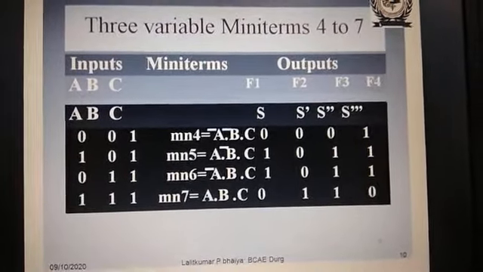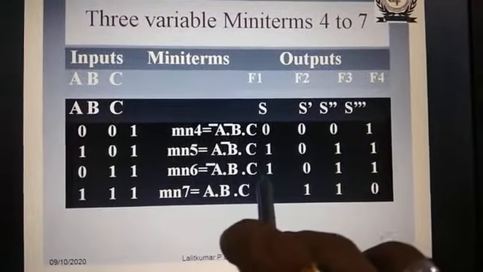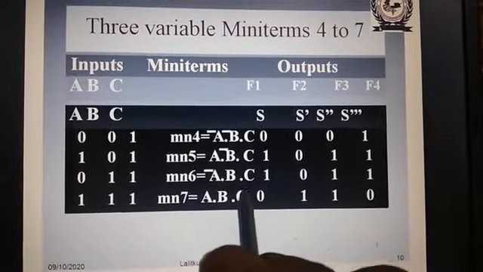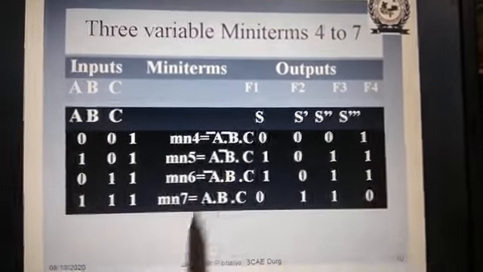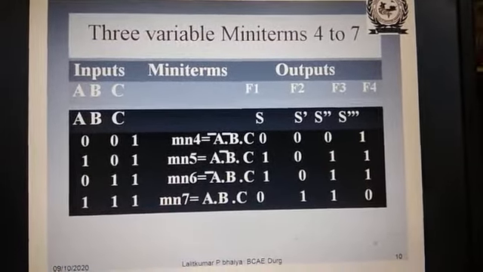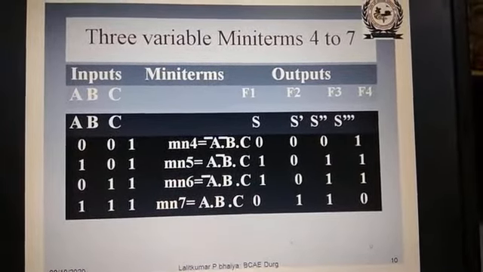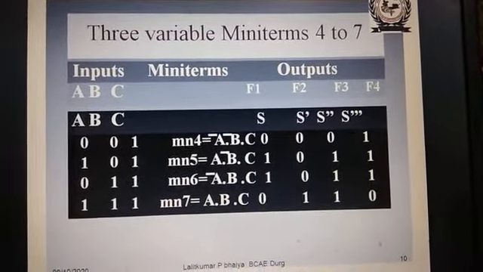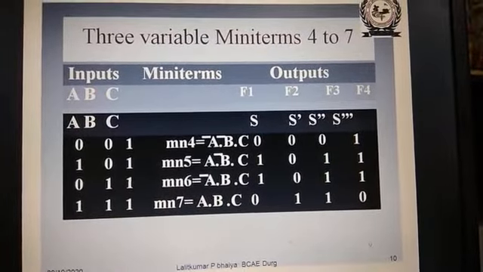So this is the product shown here, A dot B dot C, A bar dot B dot C. This is called a min term for 3 variables. And according to the expression, you can take the sum of the particular min terms. Suppose it is given as min in bracket 3, 4, 5. Then you have to take the sum of min 3, 4, 5. Min 3 plus min 4 plus min 5 like this.